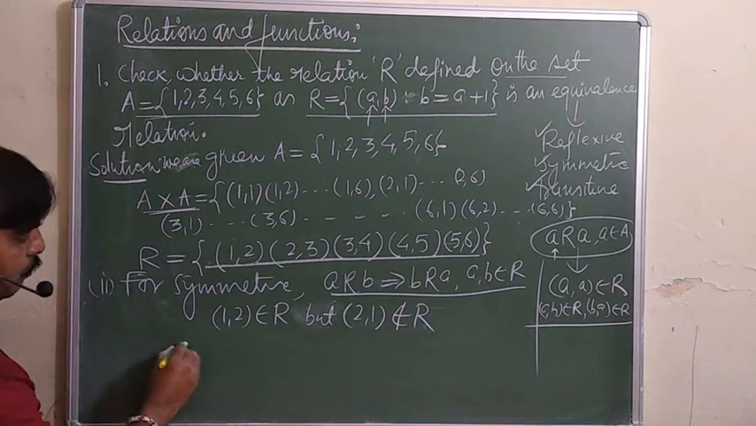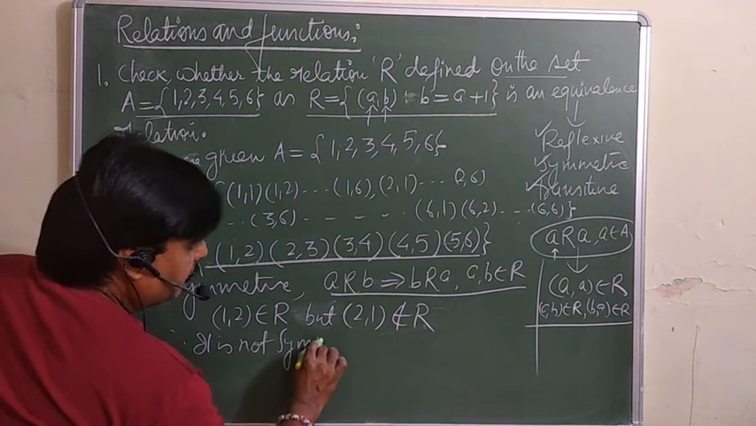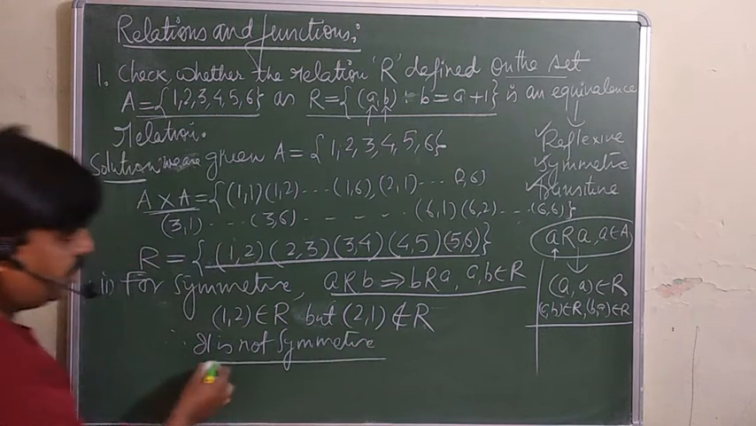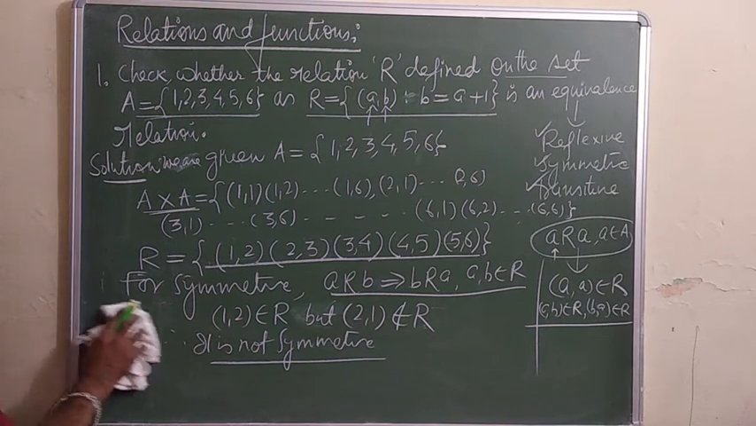So this is not. So therefore you can say it is not symmetric. इसका मतलब ये हुआ कि ये सिमेट्रिक भी रिलेशन नहीं है. Now third we will check for the transitive. अब ट्रांजिटिव के लिए चेक करिए. For transitive,